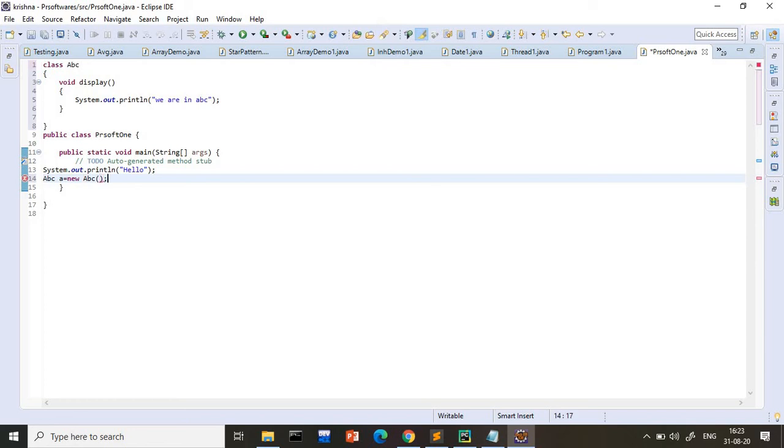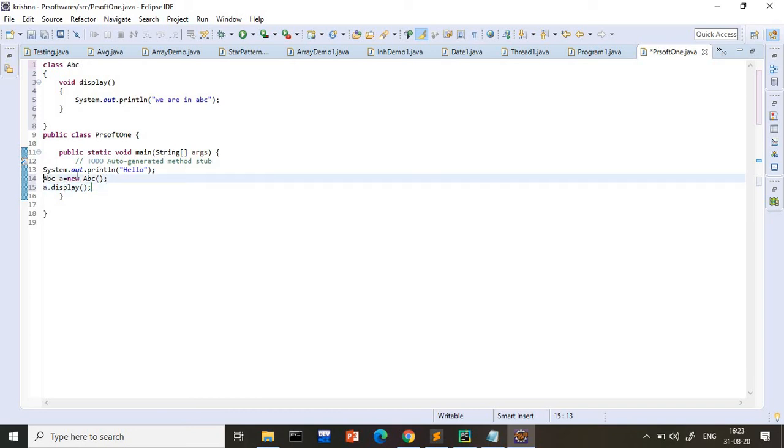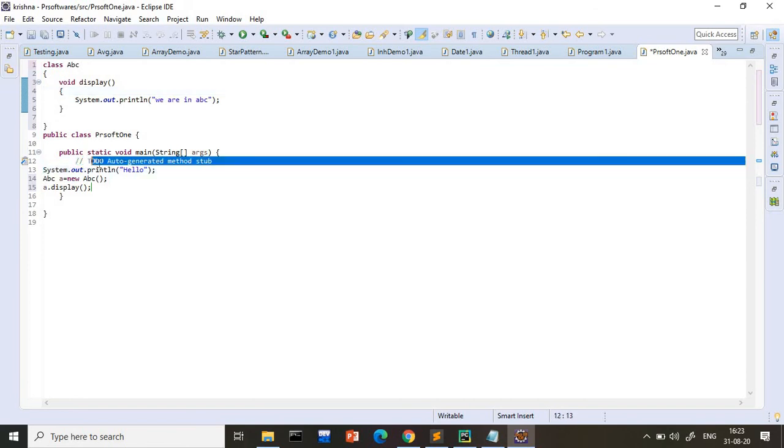I am creating the object of ABC, named A, then I will call A.display. This line we do not require now, so I will just remove it.